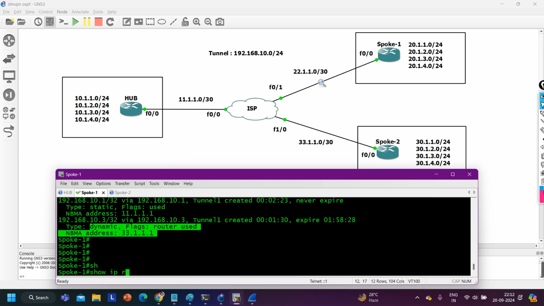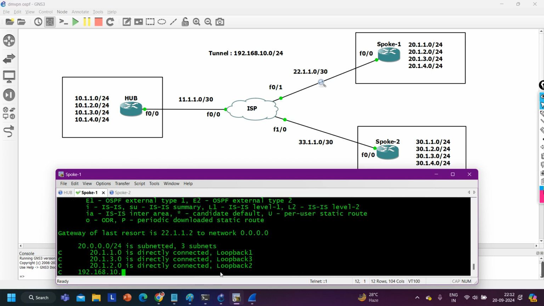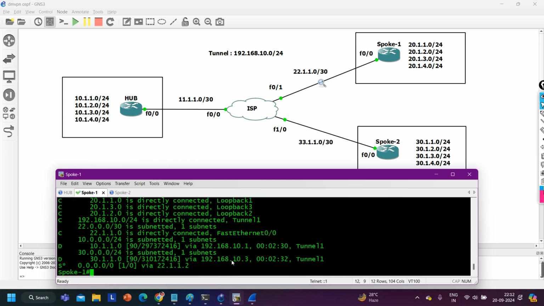So in phase 2, you will see the next hop is the IP address of the spoke, but the NBMA address is not available. That's why the first packet will go via the hub router. And the interviewer will also ask you the same question: in phase 2, why does the first packet go via the hub router? The reason is that the next hop IP address will be the IP address of the remote branch office, but the NBMA address will not be there. Now the issue is, see,